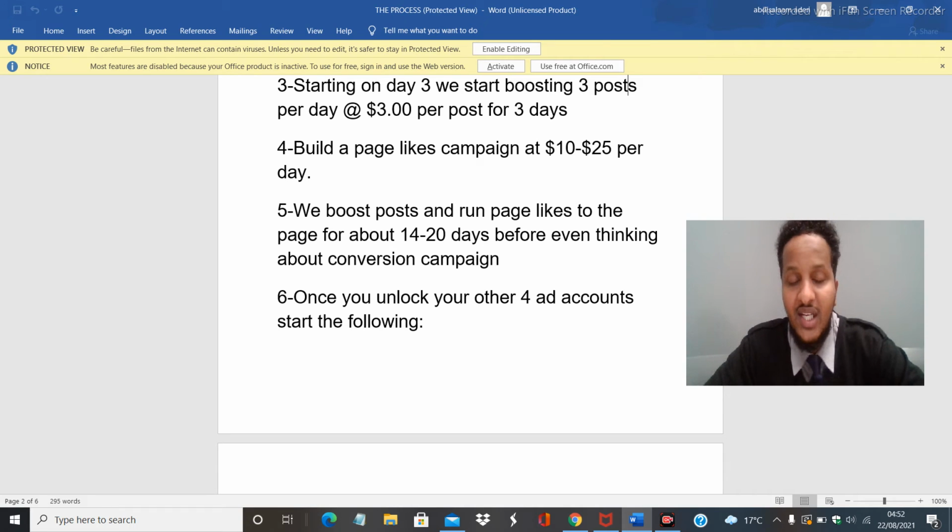So the sixth point over here is, once you unlock your other four ad accounts, start the following. Now, I heard that recently, the new business managers, a lot of people in the group said, as you create them right now, before we were able to get like five ad accounts. So one ad account is obviously what you get once you create a business manager. Then you do the warming up process, the one that I just showed you, and you start spending money and showing Facebook that you're a real business owner and stuff like that, then you have the potential to unlock the other four ad accounts,